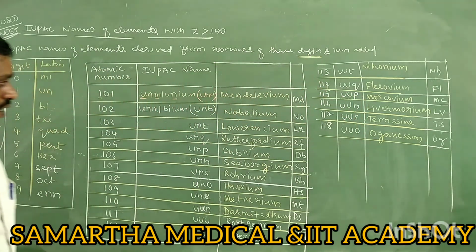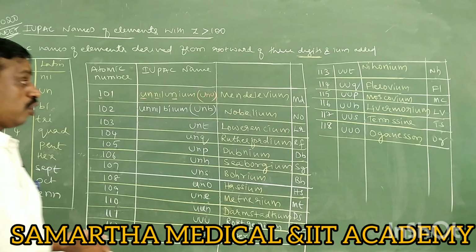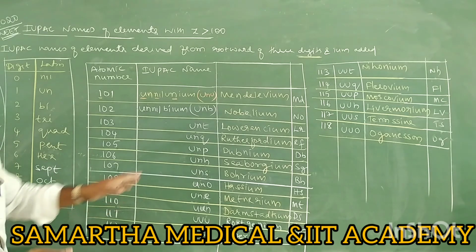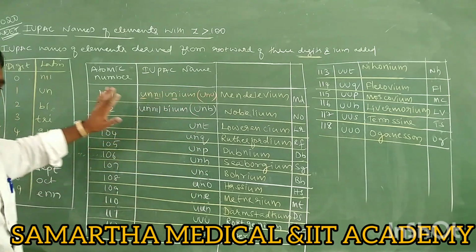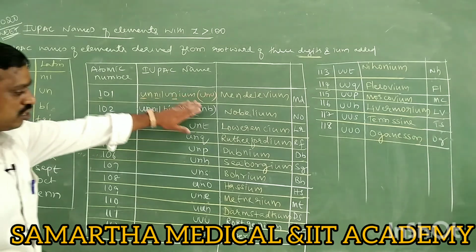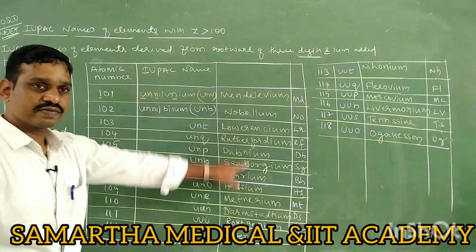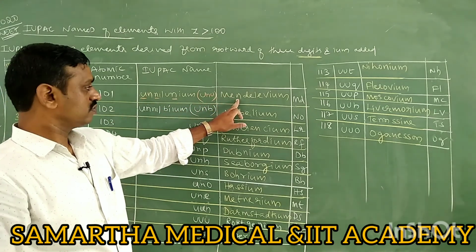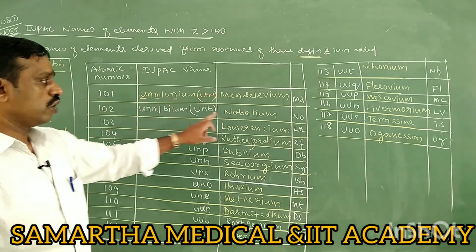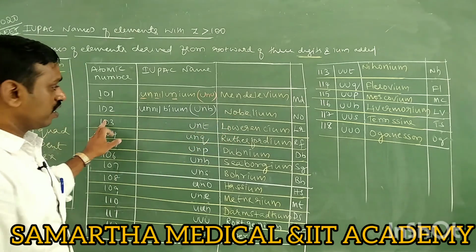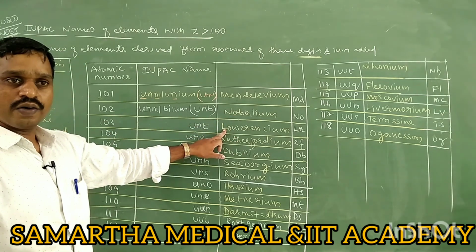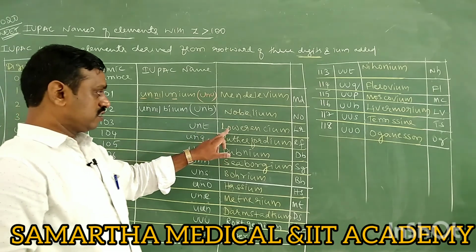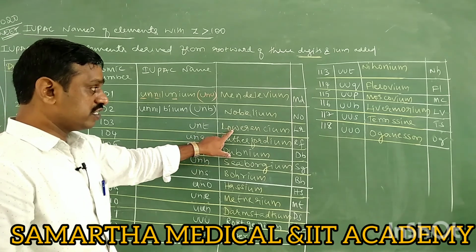Okay, right. Next are their common names also. It is important. If you remember the digits, these IUPAC names are easy to remember, but the problem is this. 101 is Mendelevium. Next 102, Nobelium. 103, I think you know, Lawrencium. Where have you studied it? Yes, in the actinides, the last element is Lawrencium, 103.